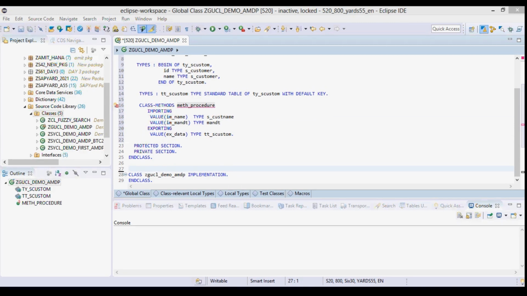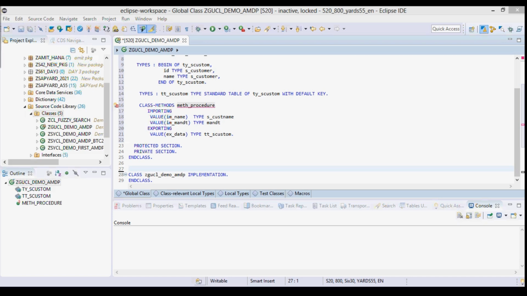You turn a normal ABAP method into an AMDP method by adding certain things, like by adding database procedure to the method statement, that is the beginning of the method implementation. This would be followed by your database system, in our case HDB, and the implementation logic language, which in our case would be SQL script. So the method body of such a method is implemented using SQL script source code and not OpenSQL.